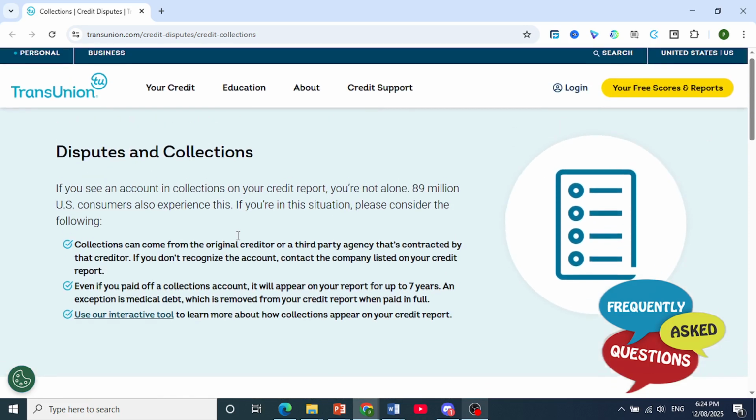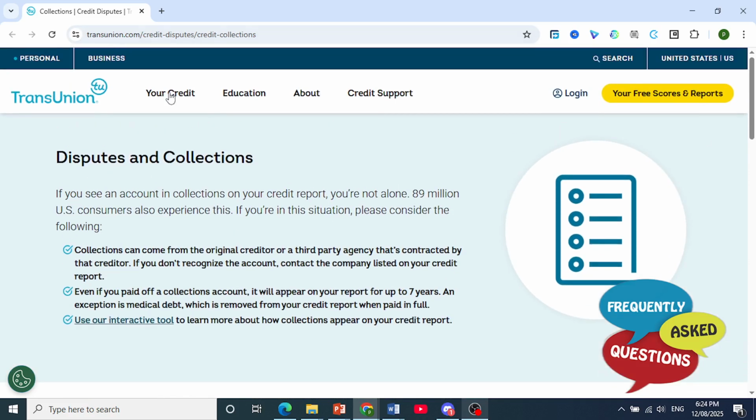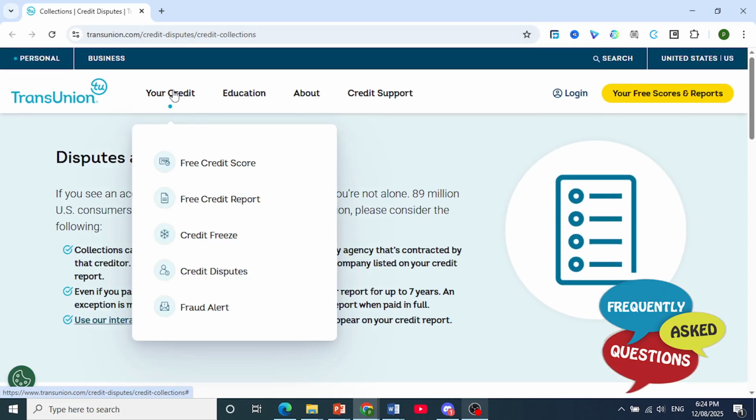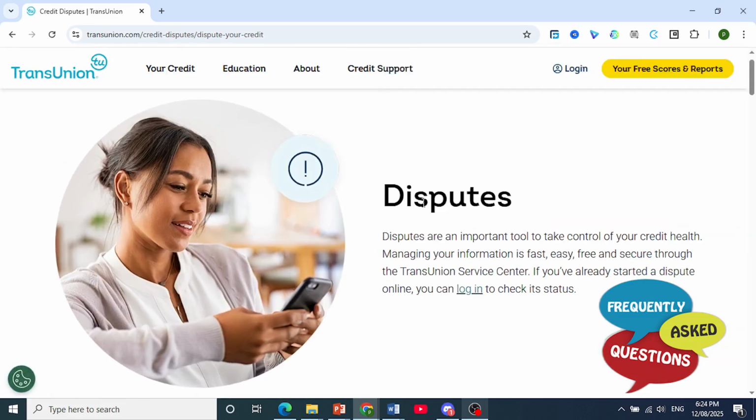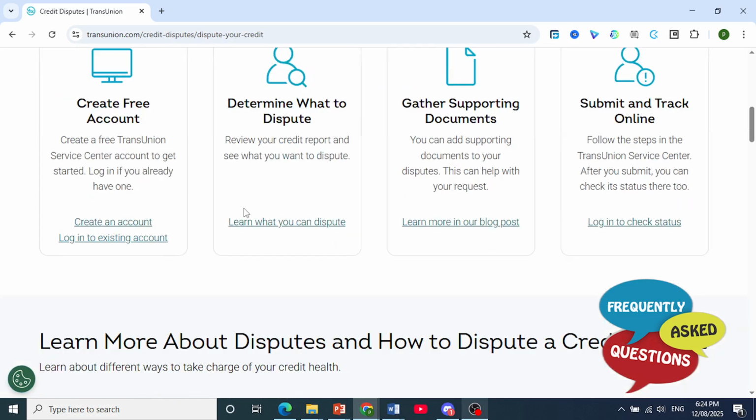Come up here, transunion.com, hover over your credit, and then you'll get this option. It says credit disputes. Okay, click on this. And then what I need you to do is once you redirect to this page, you can come here and